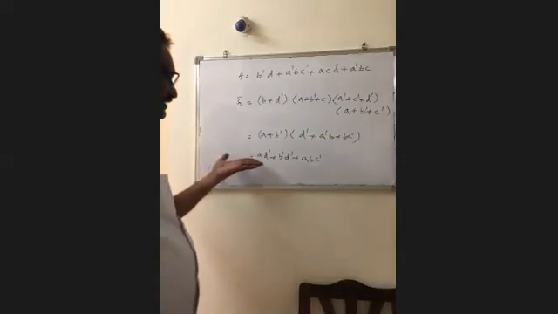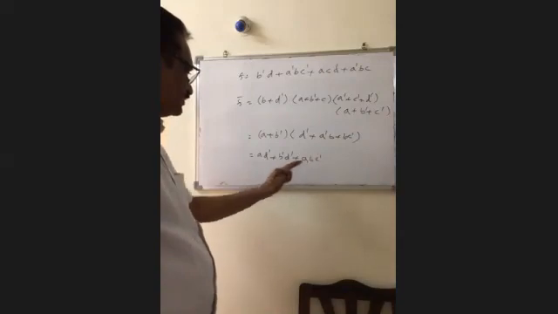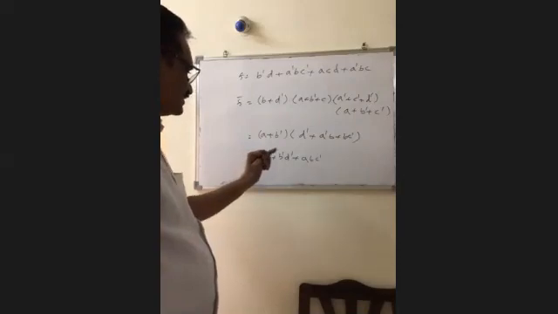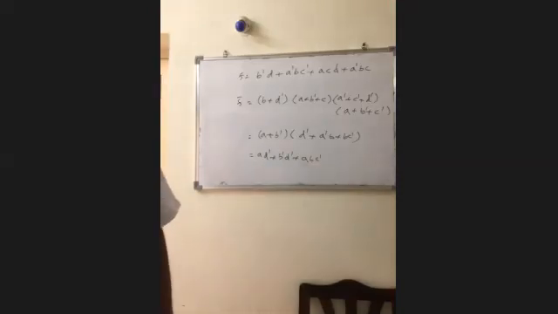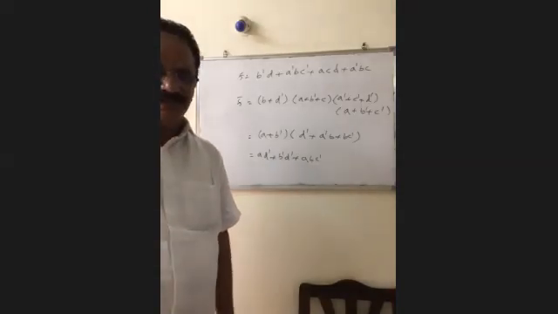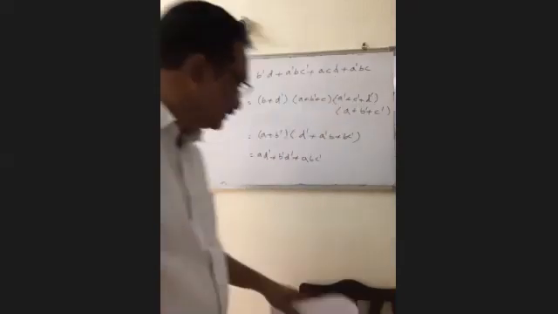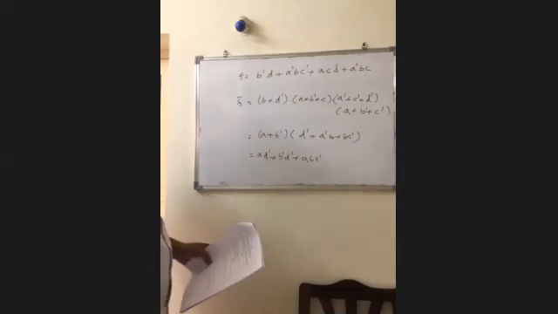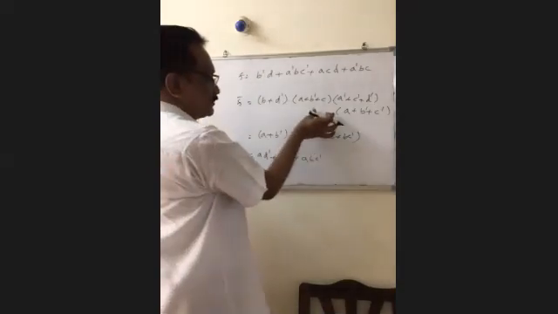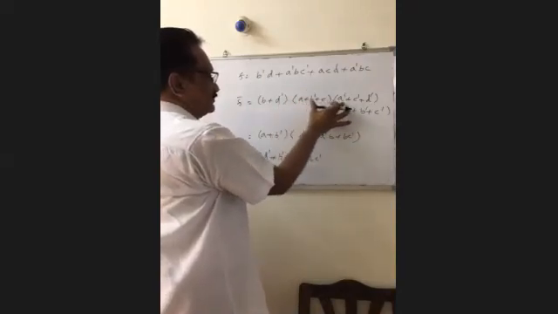How many number of literals are there in this one? A, B, 2, D, 3, B dash 4, C dash 5, D dash 6. There are 6 literals in that one. So this is the complement and this is the minimal expression. So here we have to apply transposition theorem for these two and a distributive law for these two.